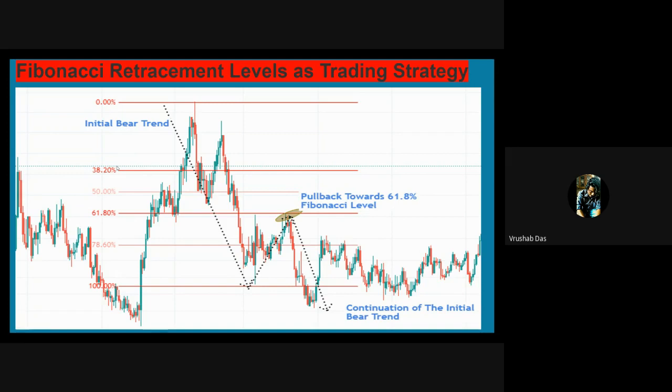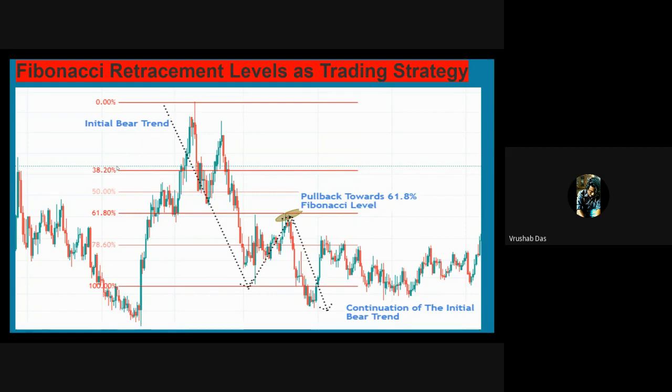Additionally, other confluences such as trend line, moving average, exponential moving average, volume, price oscillators, and candlestick patterns can also be helpful if you take that information too with this strong retracement level, which will support your Fibonacci retracement. And what do the Fibonacci retracement levels tell you? They indicate a wide variety of trading strategies. Many traders and investors use Fibonacci retracement levels for finding potential entry orders and even stop loss levels,